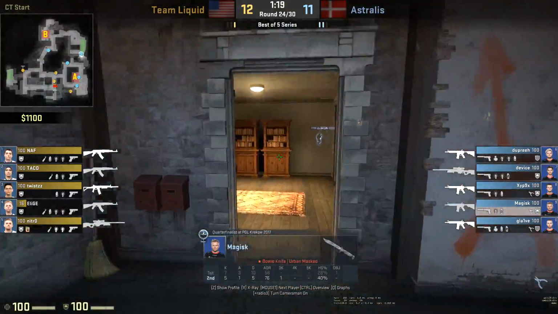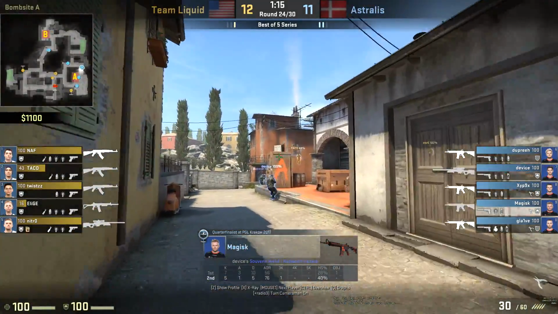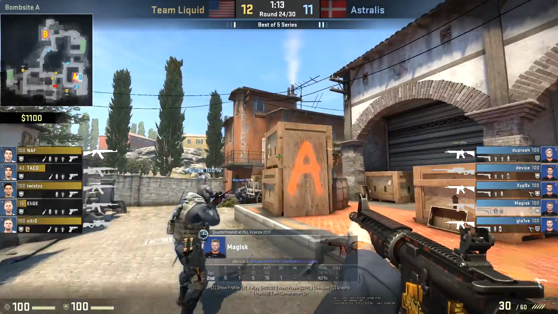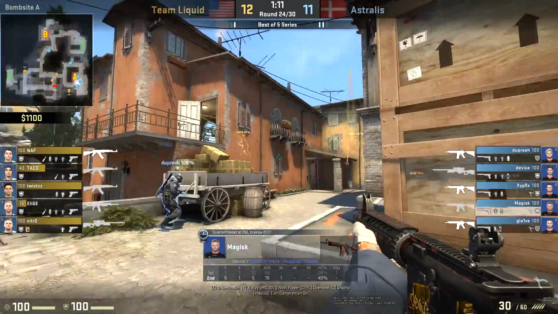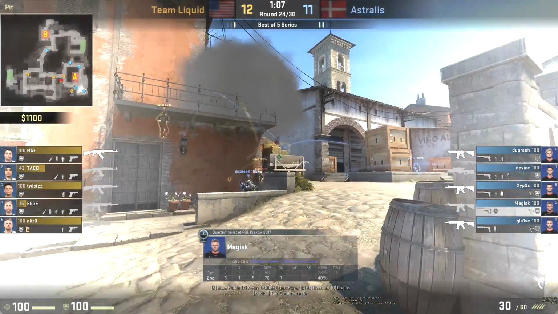That's what you're seeing right now. But he rotates back on over here, and he starts to reassume his position in pit, as we often see him do, but then something changes in a second. And one thing you might not notice about those previous clips, especially when Magisk drops that smoke at his feet,